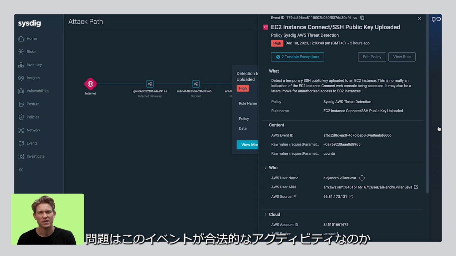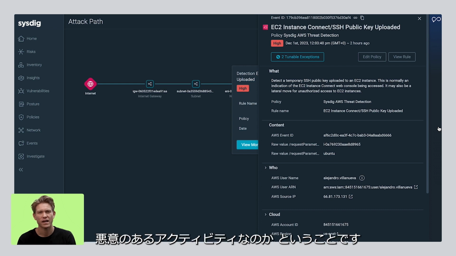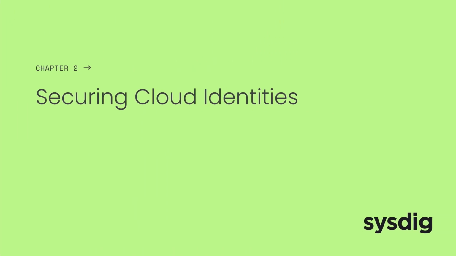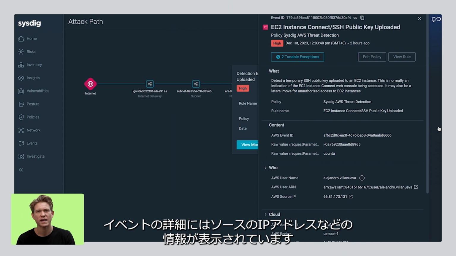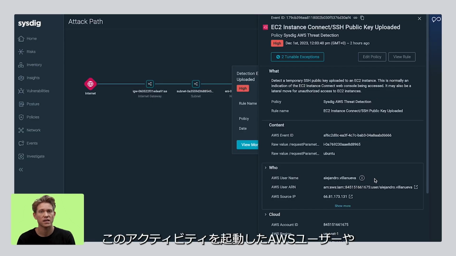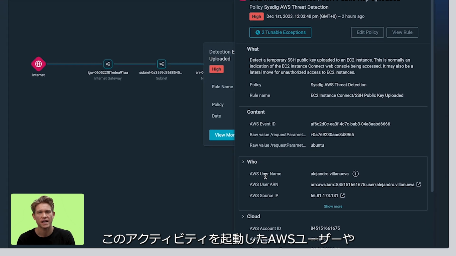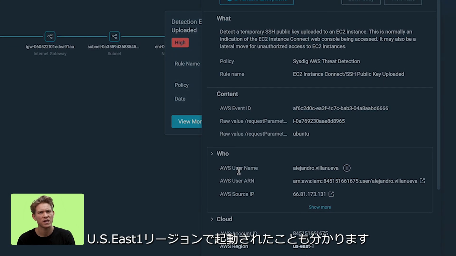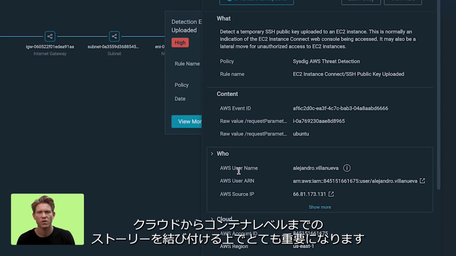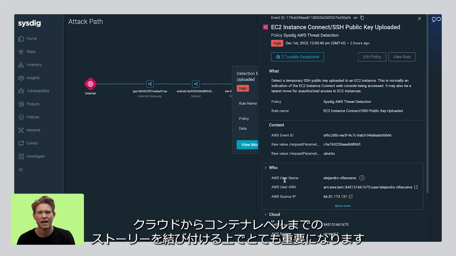So the question we need to answer now is, is this event a legitimate or malicious activity? From the event's details, we can get some information like the source IP address, and if we click on this one, we'll see whether someone flagged it as suspicious. We can also see the AWS user who triggered this activity, and it was done in the region US East 1. Now this is going to be very important to know as we tie that story from cloud down to